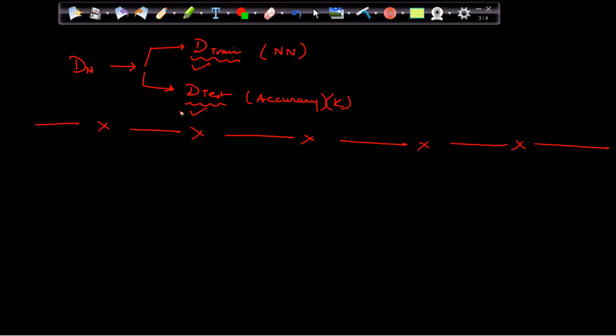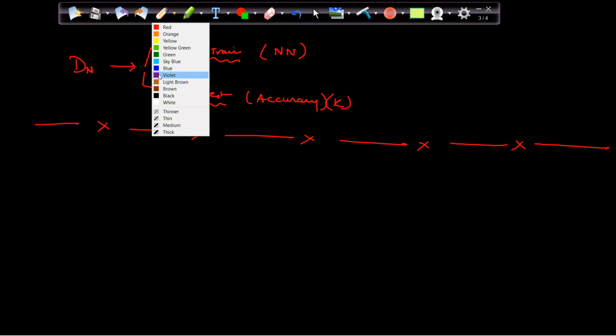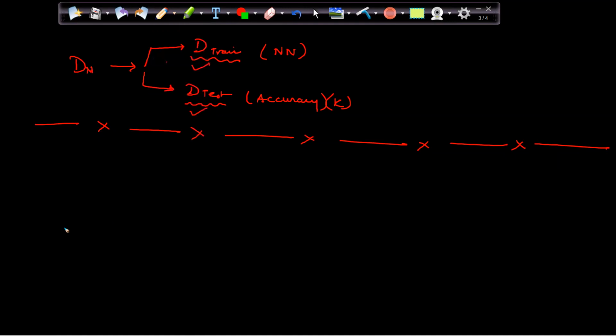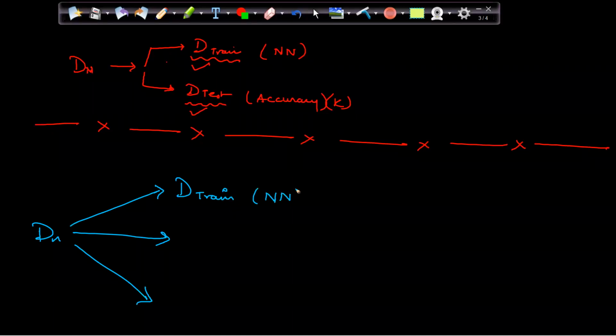So the solution for this is, I have the data Dn, and I will divide this data into three parts. The first part is Dtrain, which will obviously help me to do the calculation of the nearest neighbors. Suppose a new point comes in, based on this data only I am finding the classification, because we are using this data to classify the new point. So this is helping me to check the nearest neighbors.